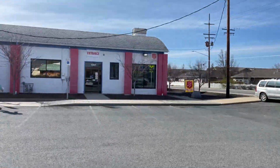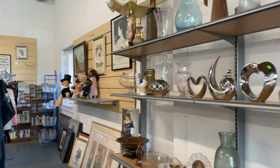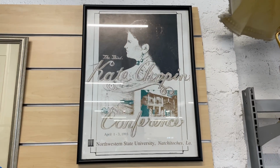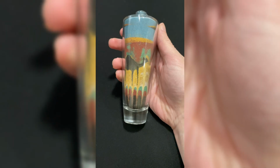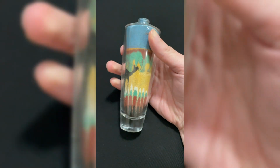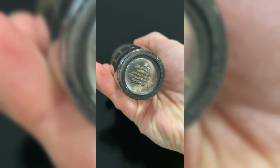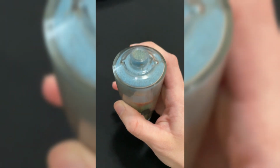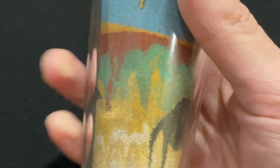The Salvation Army in our hometown also didn't really get us good results as far as clothing goes. Tori found this interesting little desert camel figurine in the knickknack section, and we discovered on the bottom that it was actually made by Cartier. So we weren't sure if this was valuable or not, but it was only a few bucks, so we did take it home for further research. We think it's actually some kind of an art piece that was made from a Cartier perfume bottle,